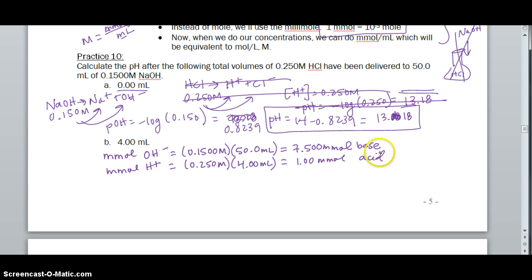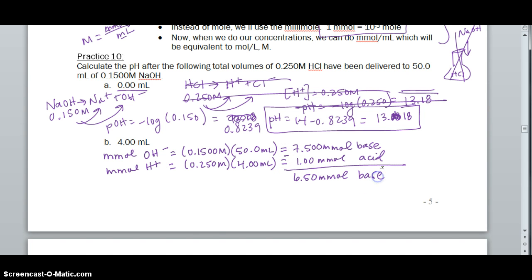Alright, so if you think to yourself, well, what is the definition of neutralization? It's when moles of acid equal moles of base. So if you want to know, am I at the neutralization point, the answer is no, right? Because our OH- is in excess and our H+, there's only a little bit of it. Alright, so what we want to do is take the difference between how much base there was to begin with and how much has been neutralized by the acid. So if you subtract these two,